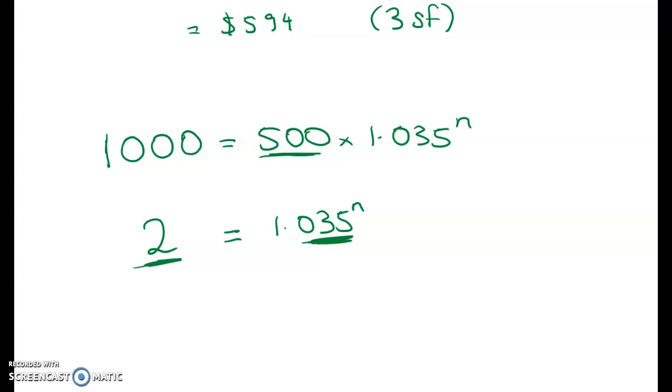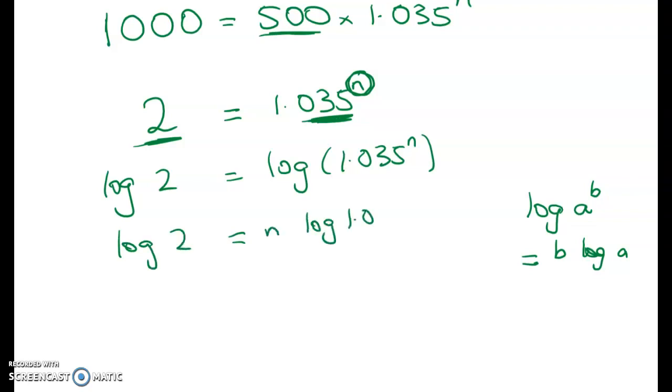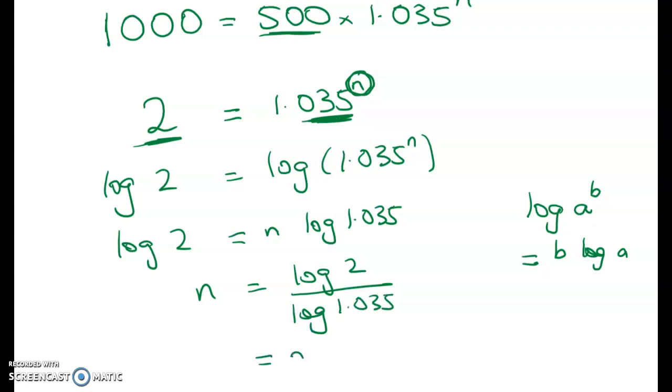Okay, let's take logs of both sides because we have a power that we're trying to solve for. So log of 2 is equal to the log of 1.035 to the power of n. And we know our 3 log rules. So the log of a to the power of b is equal to b log a. So here we've got log 2 is equal to n log 1.035. So finally n is equal to the log of 2 over the log of 1.035, which gives us